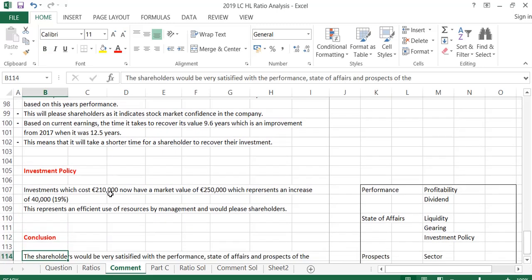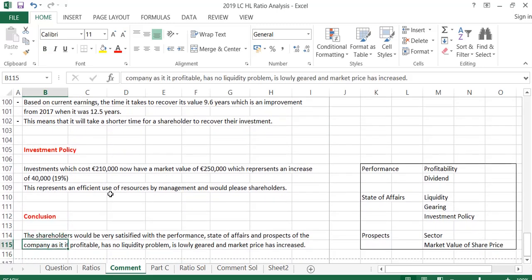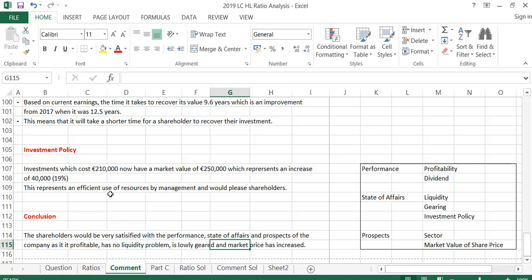And then just a sentence or two to conclude, to wrap up our answer. Shareholders will be very satisfied with the performance, state of affairs and prospects of the company as it is profitable. Profitability has been up. It's around 10%, it's improved from last year. There's no liquidity problems, over 1:1. It's lowly geared, it's less than 50%, and the market price has increased from the previous year, which is also